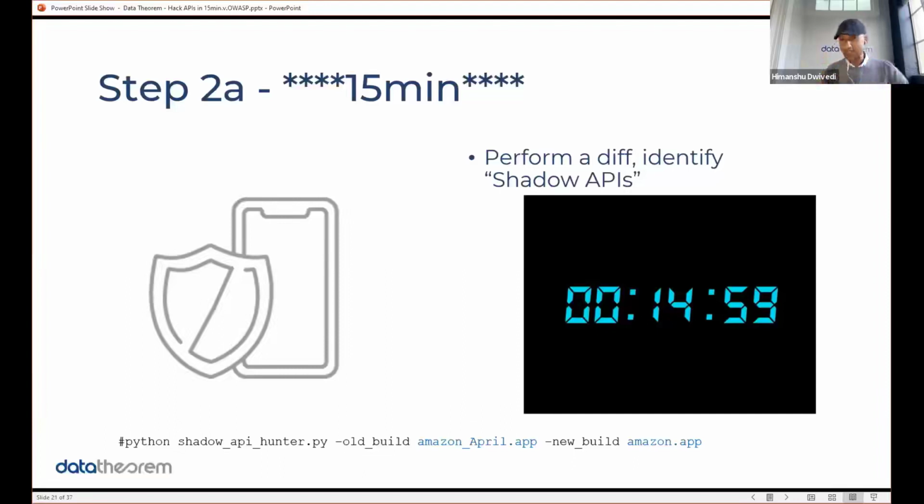They didn't do anything. And this is clever. This is why hackers are very efficient. And then the next release of the app, or maybe three releases later, they did a diff. They looked at the app from three months ago to today, and then figured out what's new. What are the new APIs? And this is why hackers are so clever.